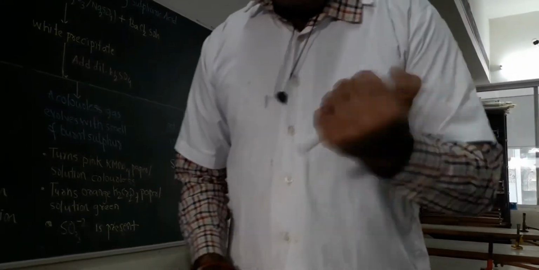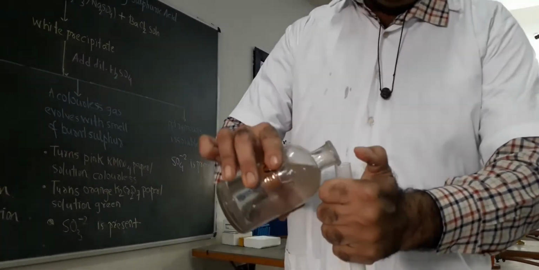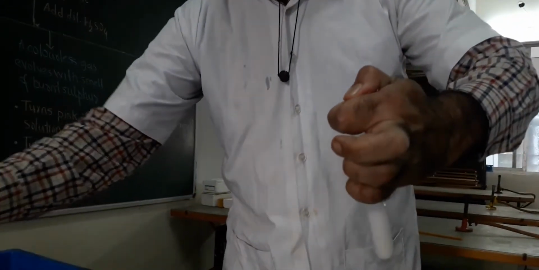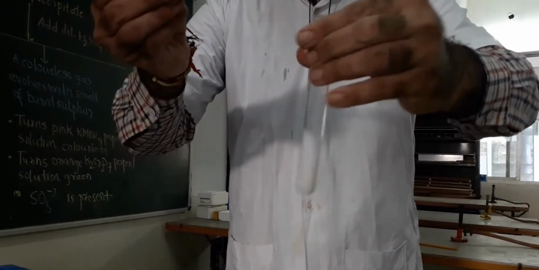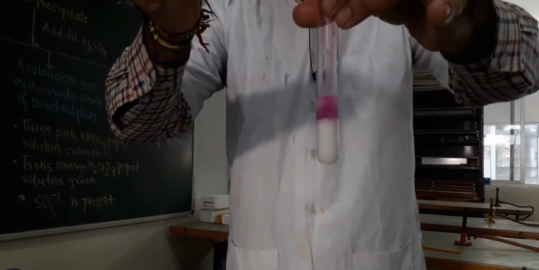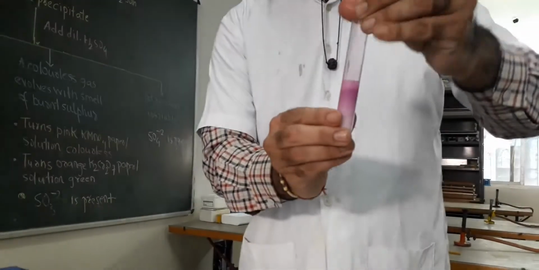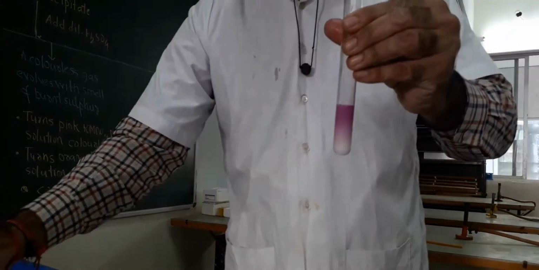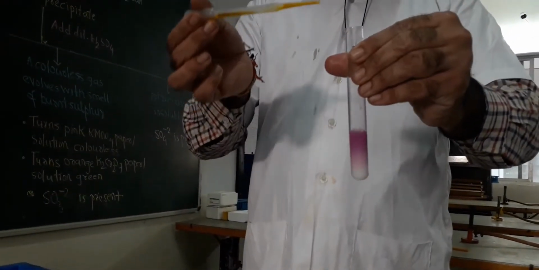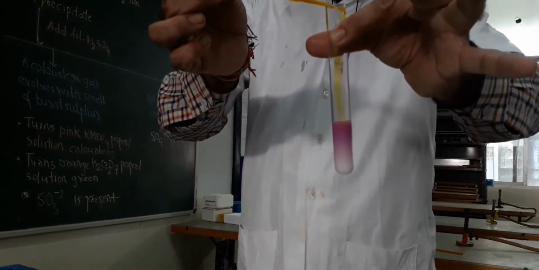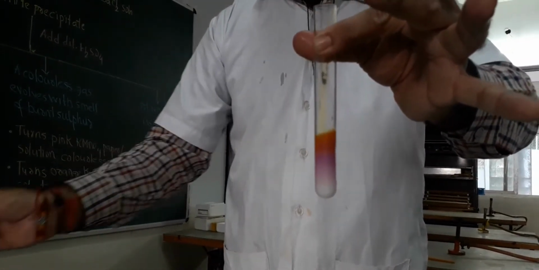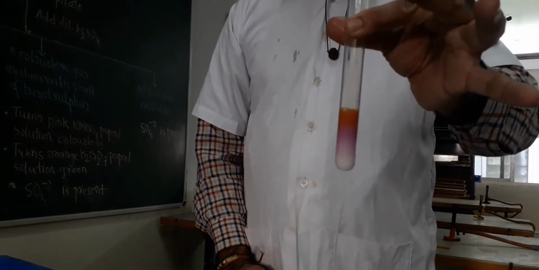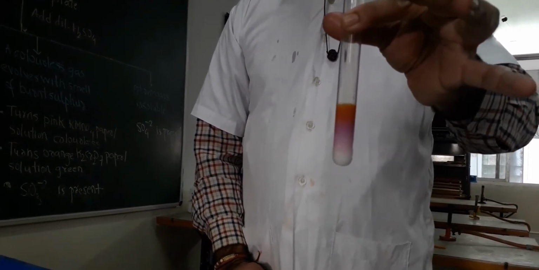You can see here a colorless gas evolves. You can see the fizziness which is present here. Now to this, when I add a KMnO4 solution, look here. It remains unaffected. So this indicates the presence of carbon dioxide, that is, carbonate radical in the salt. I can also add to the same solution K2Cr2O7. See, this also remains as it is. The orange color remains as it is. So this indicates the presence of carbonate radical in the salt.